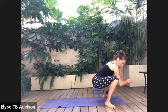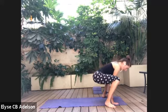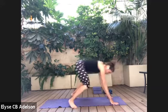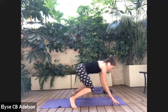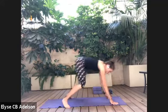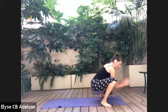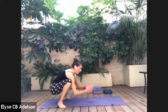So it'll be like a gorilla, like a hopping gorilla. Fingertips down. You're gonna push yourself back. Doesn't matter how far you come. Feet back. And then you can bring hands to the heart. Fingertips forward. Forward and back. This is a variation of gorilla pose. Forward and back. For another 4,